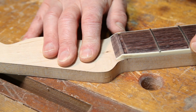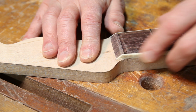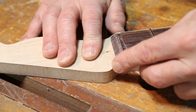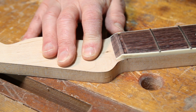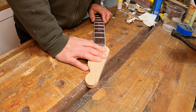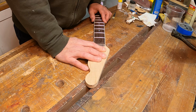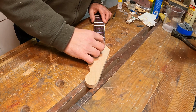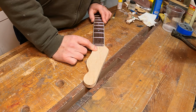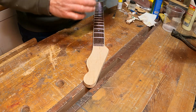And I think I can do it in such a way that it won't look out of place. Again, a few people came through in the comments. Dane, as always, gives me some sage advice, and his advice was to blend that in. And I agree, so that's what I'm going to do. The only thing I really need to consider is how I'm going to do it without significantly impacting the binding that's already there. And I think the first part in that is